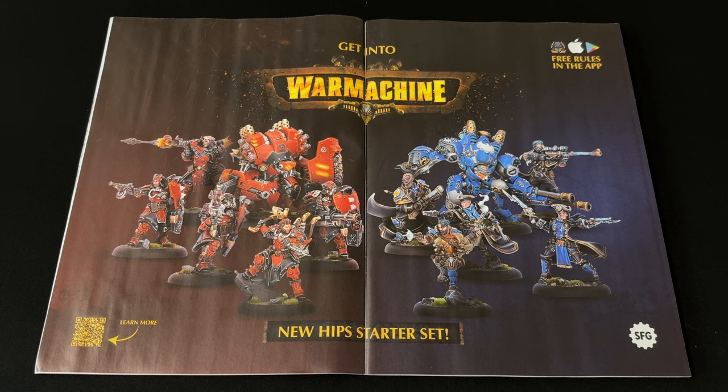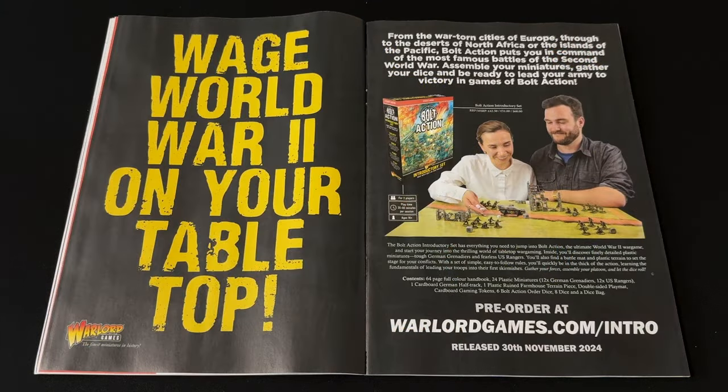There's no contents list, no pricing, not even a list of the units and what factions they come from. I do find the whole approach to the game a bit baffling, and I'm not sure how much it would appeal to a new player. I think this contrasts strongly with the advert for the new introductory set for Bolt Action, which I had no